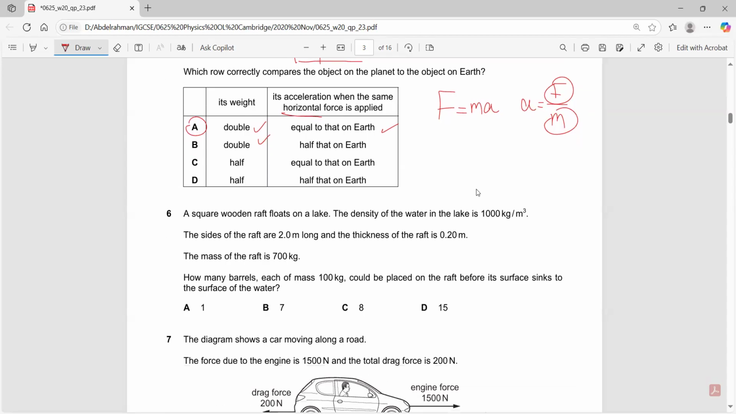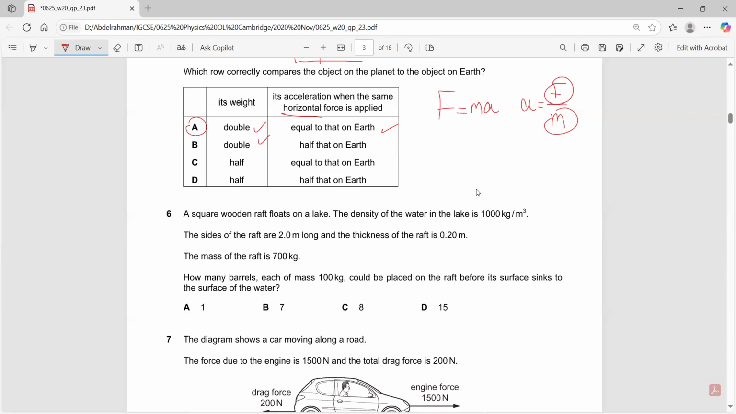A square wooden raft floats on a lake. The density of the water is 1,000. The sides of the raft are 2. The thickness is 0.2. The mass is 700 kilograms. How many barrels, each of mass 100 kilograms, could be placed on the raft before its surface sinks into the surface of the water? So first of all,